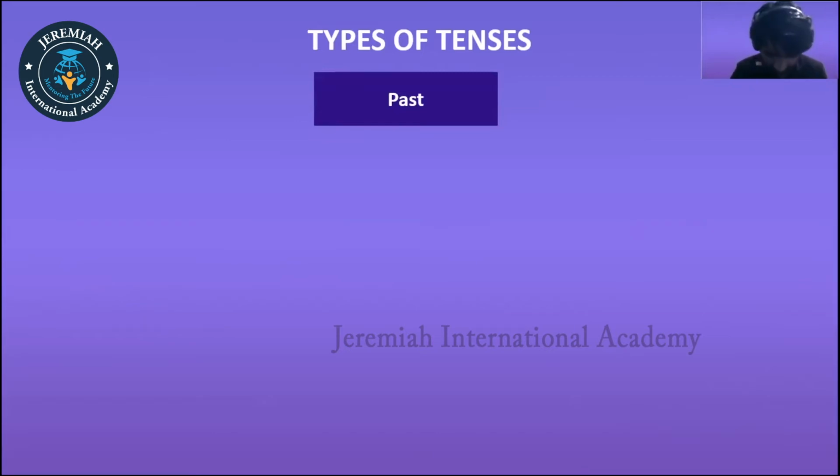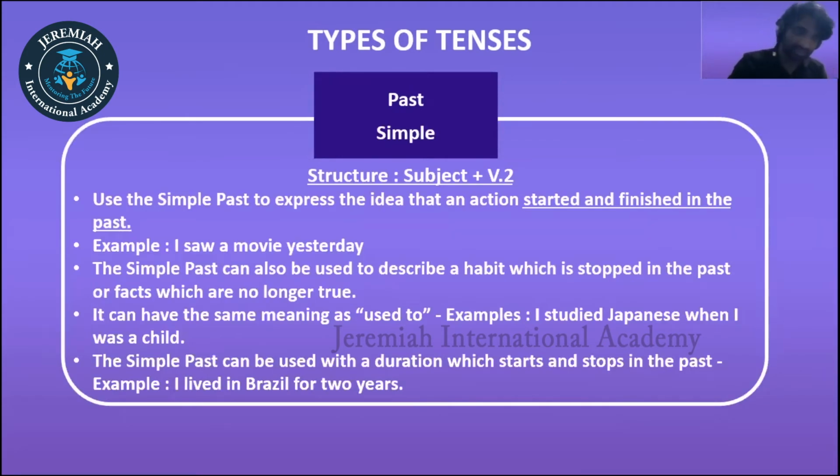In past tense, basically you have 4 tenses. So inside past tense you have 4 tenses. Which are those 4 tenses? The first one is